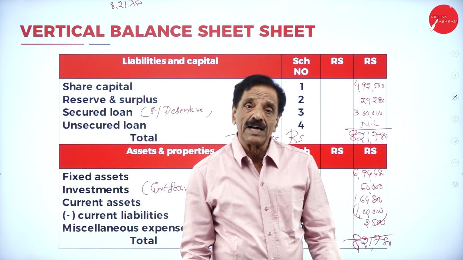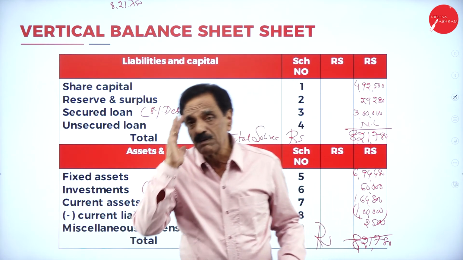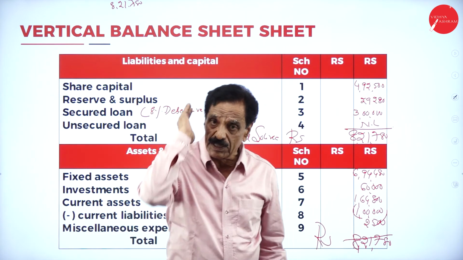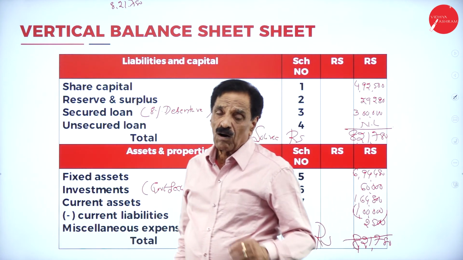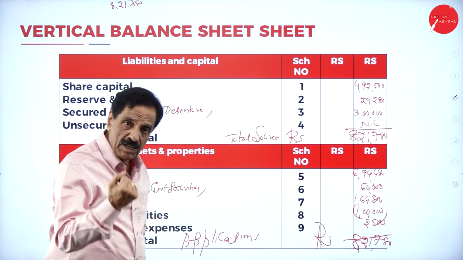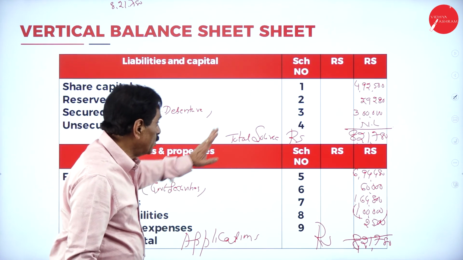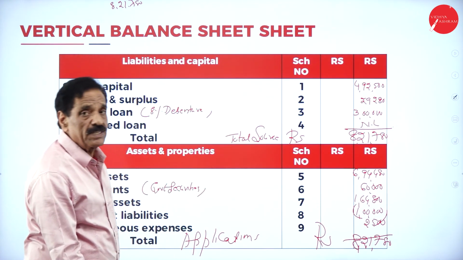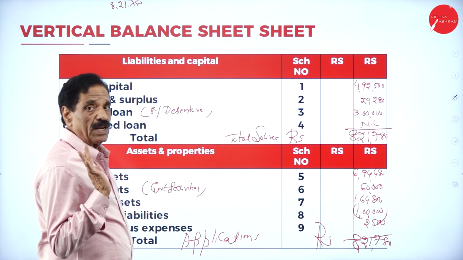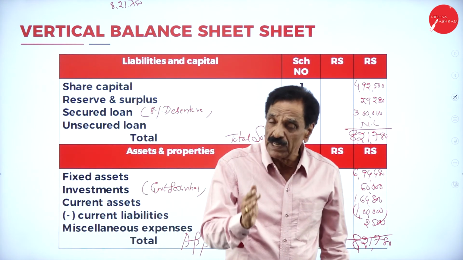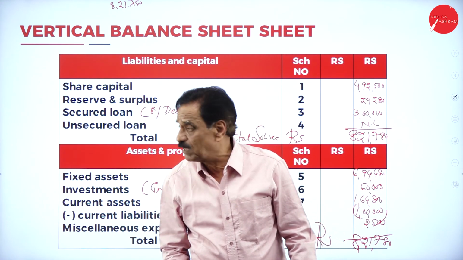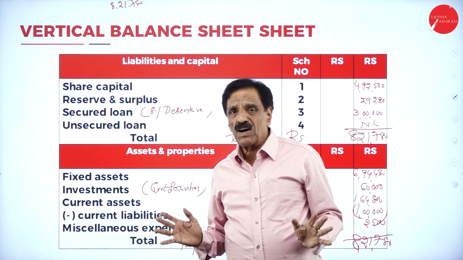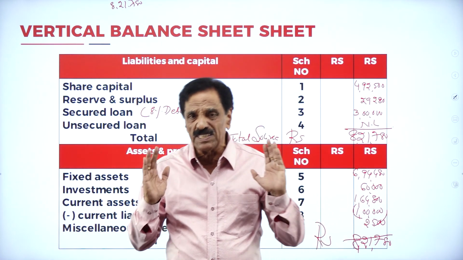also the new Act 2013. All the balance sheets should be prepared under vertical column only. We have prepared under vertical column only. All things we have taken in the vertical column only, so you have to do like this, 1, 2, 3, 4, 5, 6, 7, 8, 9. You have to do like this only. Because now, as per the Companies Act of 2013, we have to do it under vertical column. I think if we know the format, the problem will be very, very easy.